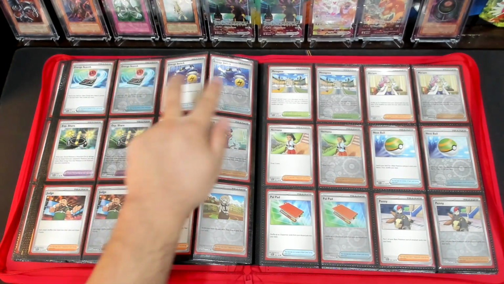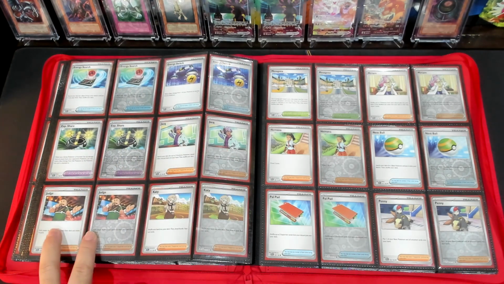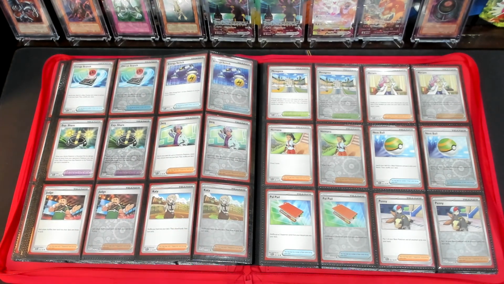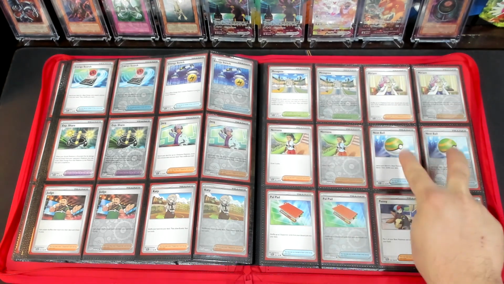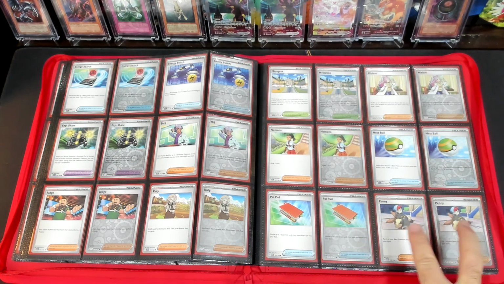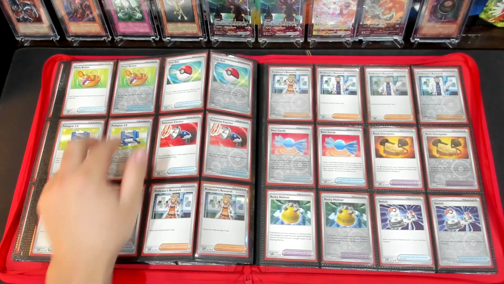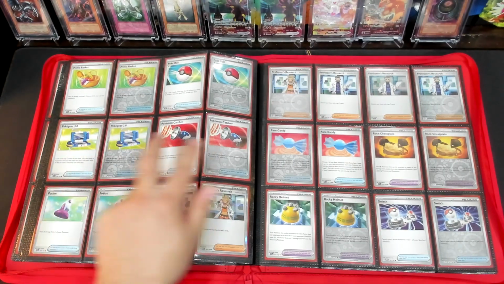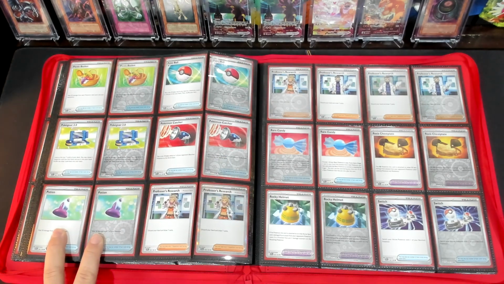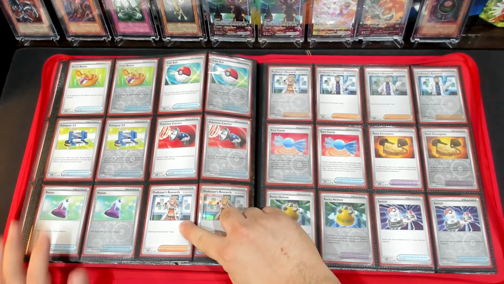Energy Search, Energy Switch, EXP Share, Jack, Judge, and Katie. Mesagoza, Miriam, Nemona, Nest Ball, Pow Pad, and Penny. Picnic Basket, Poke Ball, Pokegear 3.0, Pokemon Catcher, Potion, and at this point here, you'll find this non-holo exclusive in the